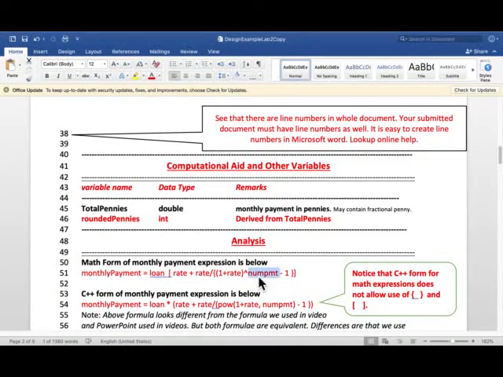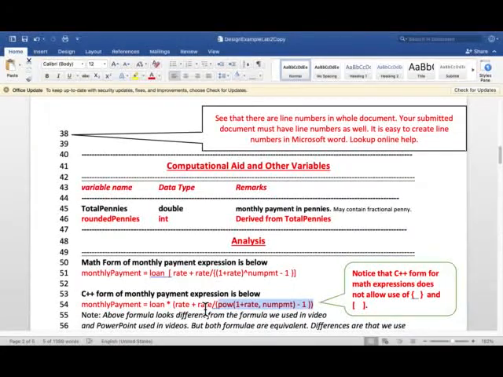This is the exponent num PMT. That, and this whole thing is this whole thing and minus 1. Okay, and this is in parentheses, this whole thing, because this whole thing is supposed to divide rate. Okay,